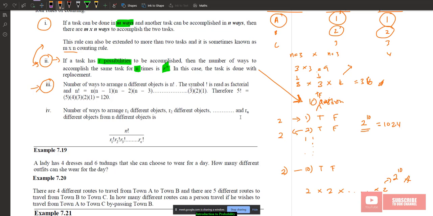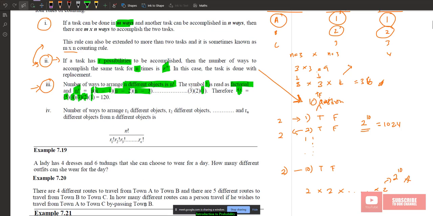The number of ways to arrange n different objects is n factorial, right? The symbol of factorial is read as factorial. N factorial is equal to n multiplied with n minus 1, n minus 2, n minus 3, until 1, right? So therefore, if you have 5 factorial, it should be 5 multiplied with 4 multiplied with 3, 2 and 1. For this example, for this theorem, for this formula,